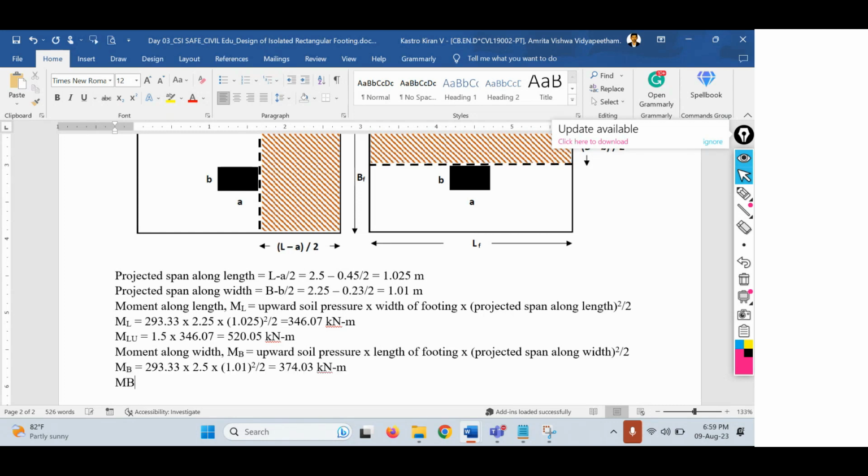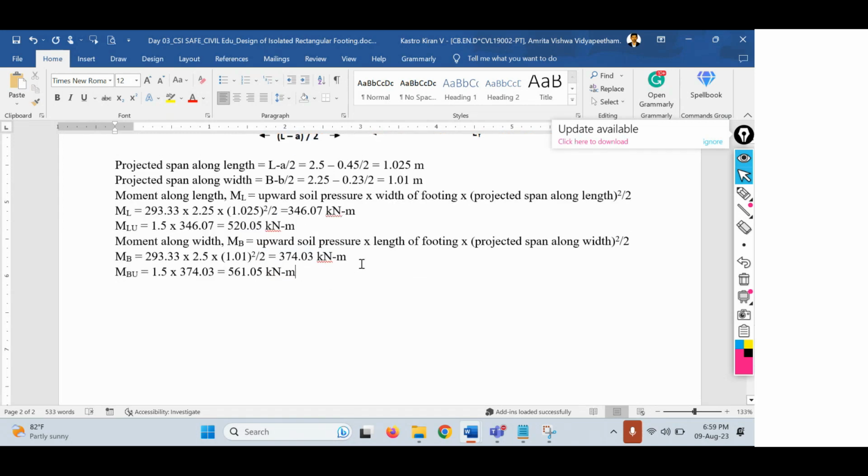Let us find out the ultimate moment also. MBU, that is the ultimate moment along the width direction, equals 1.5 times 374.03, which equals 561.05 kilonewton meter. So from this, we have got the moment along the width direction and the moment along